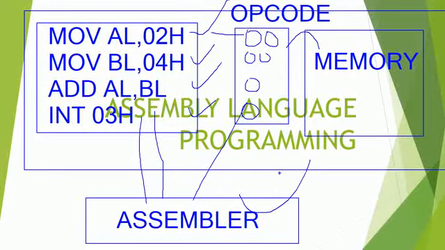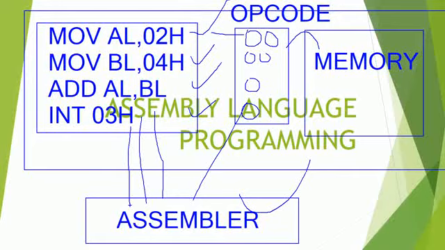But if you are writing the program using a compiler, for example the Turbo C compiler, then you are directly writing the program in a high level language, not in a middle level language or machine level language. Here we are not writing the program in a high level language; we are writing it in a middle level language, which is nothing but the assembly language program. If you are writing the program in the form of mnemonics, it is called an assembly level language program.